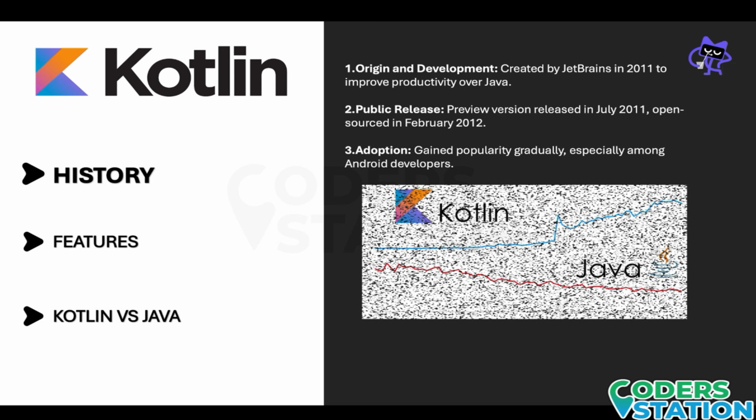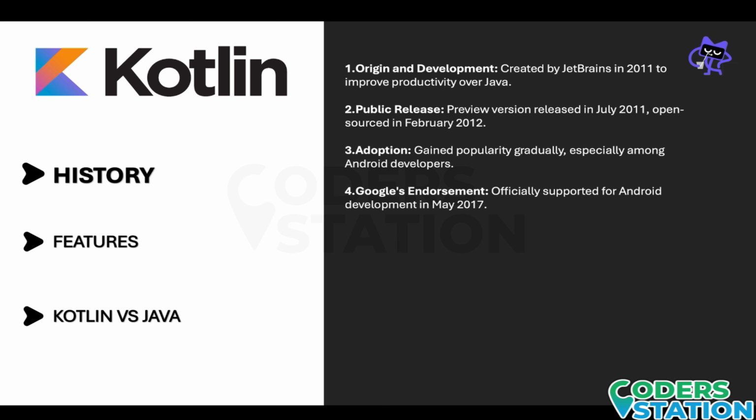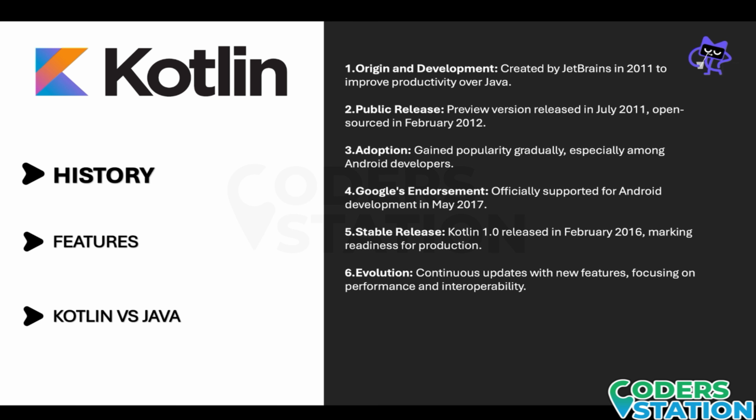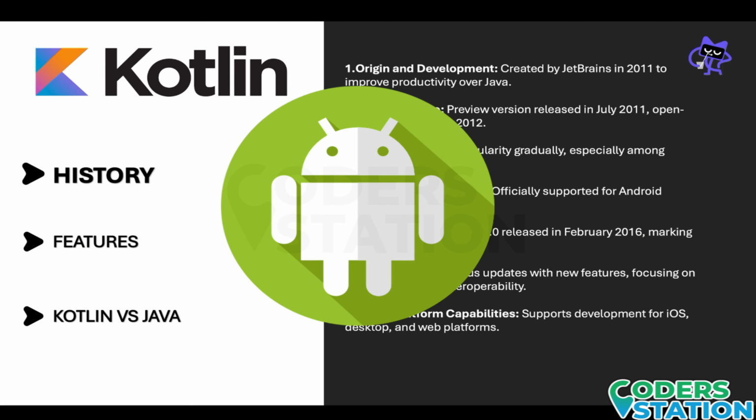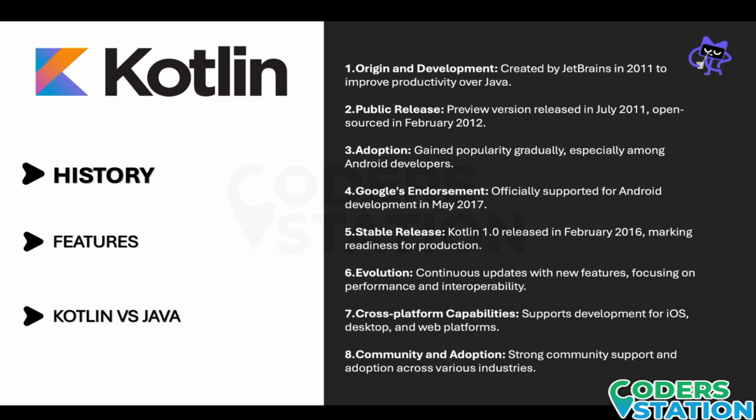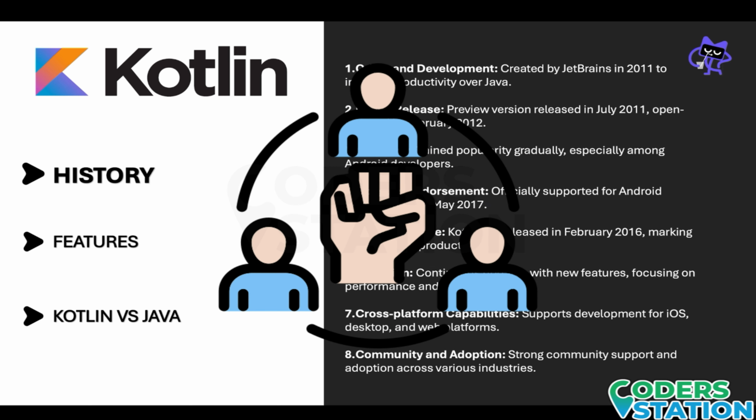This popularity interested Google and Google endorsed itself to making Kotlin the main and primary language for Android development. Once that was done, a stable release of Kotlin was also released. Later on, Kotlin evolved. It had new features, better performance, and interoperability. It also had cross-platform capabilities, which means that it supports development for iOS, desktop and also for web platforms, and indeed Android. And the community of Kotlin is a very strong community with a lot of support and resources